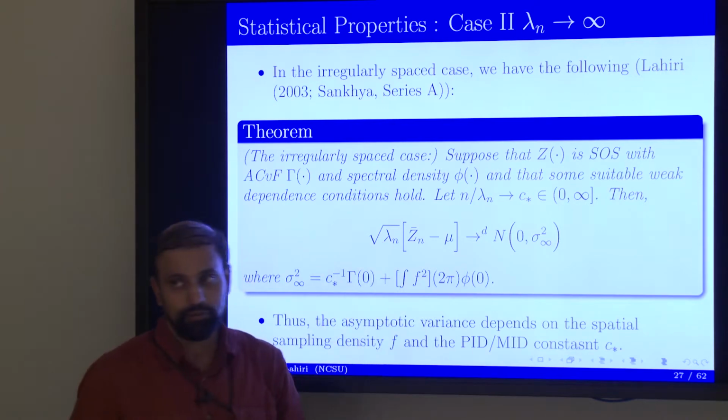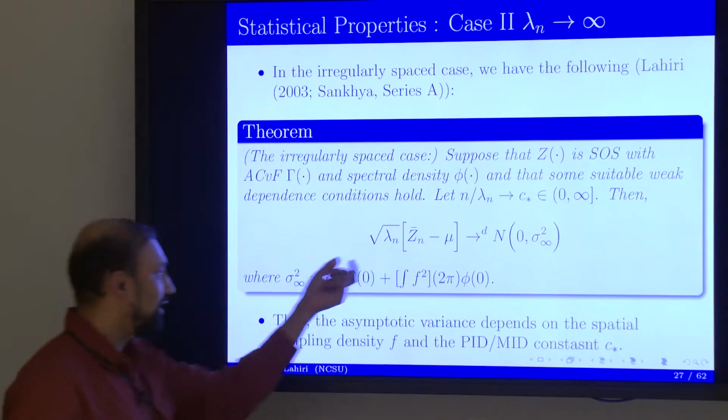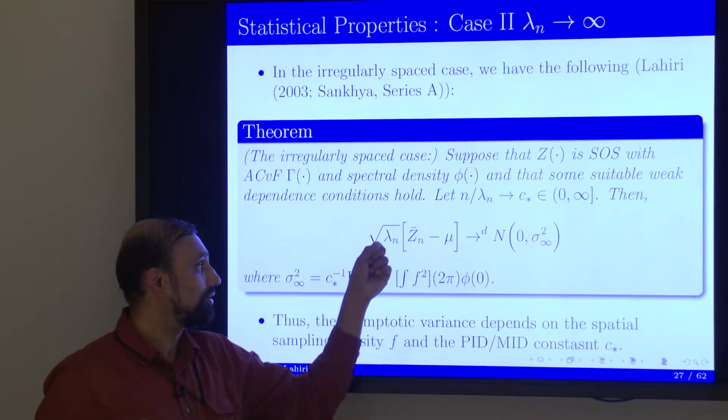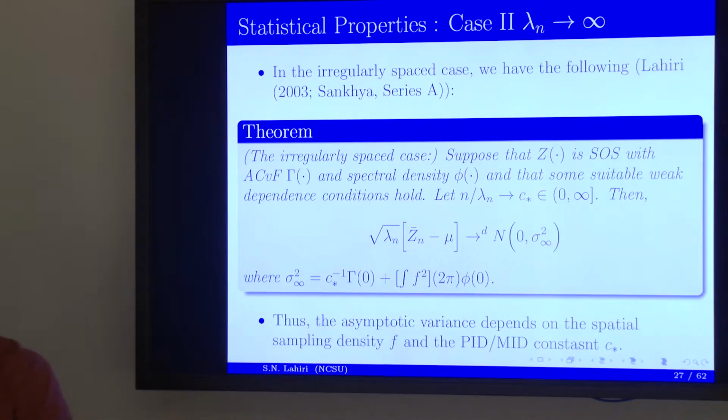The multiplier here is not dependent on how many observations you have taken. It is dependent on the length of this time interval. So if you have 2 years worth of observation time on a satellite, and then you think you are going to take observations every 2 seconds, that may not be very useful. As useful as if you could extend that observation time further in this framework. So it is the length of the observation interval, the square root of that, that gives you the accuracy of Zn bar when you're estimating mu.